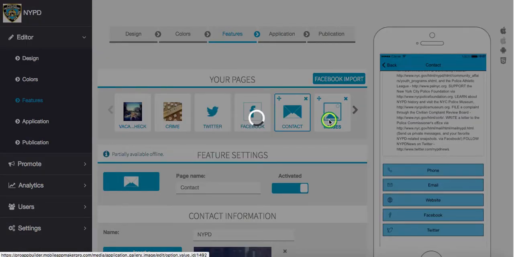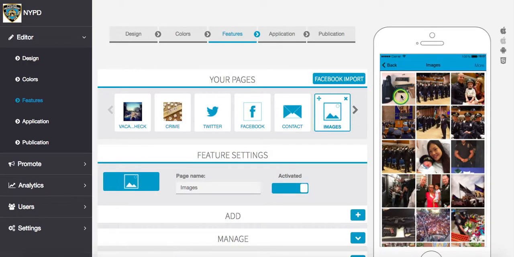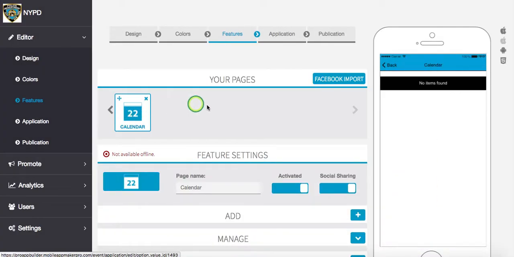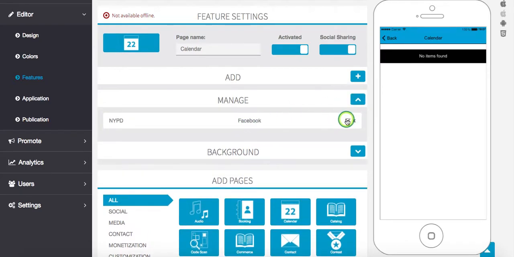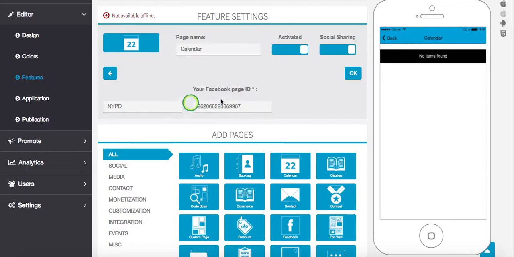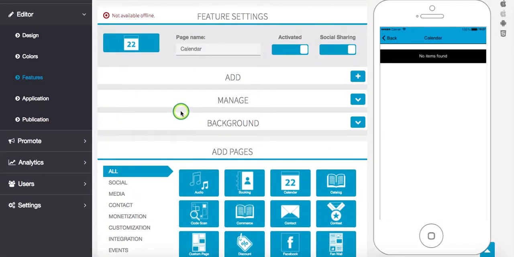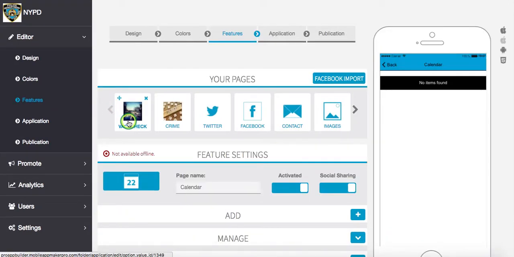Then coming on over to the images, all these images are directly from Facebook itself. And the calendar is going to be the last thing. And this should have the Facebook information, their calendar. Okay, we have that there. But again, it's not showing, so again, on the device itself. Okay, so with that in mind, let's work our way backwards, so to speak, and now